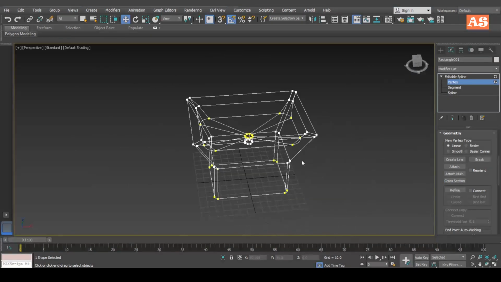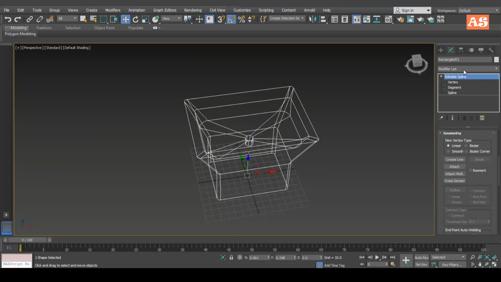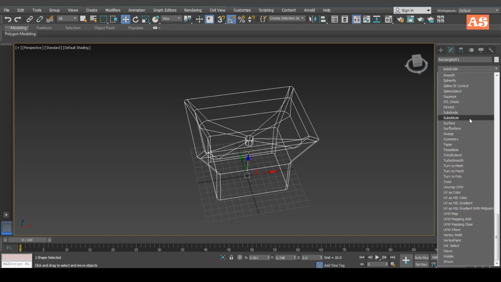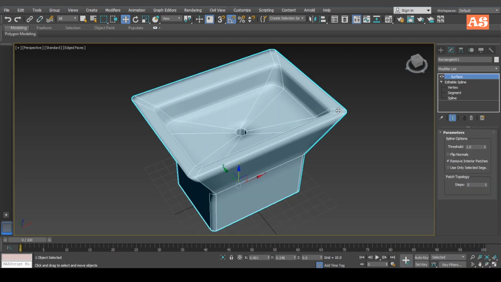Okay, now we have to add the Surface modifier on this object, through which we can create a surface on lines which have the same number of vertices.